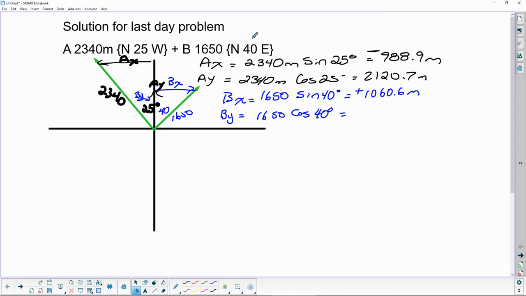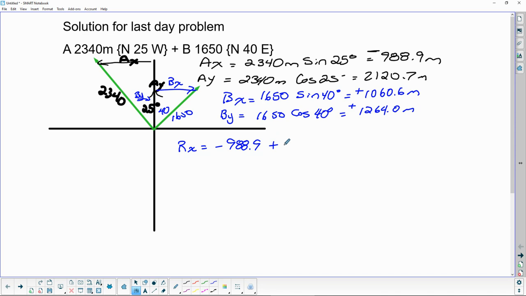And of course, 1650 times the sine, or sorry, the cosine, pardon me, 1650 times the cosine of 40. That's 1264.0. Okay, now that we have both our components, we need to sum the components so that we have the north-south distance and the east-west distance from the start. So we're going to sum our two x's. We have one positive and one negative. So we're going to add negative